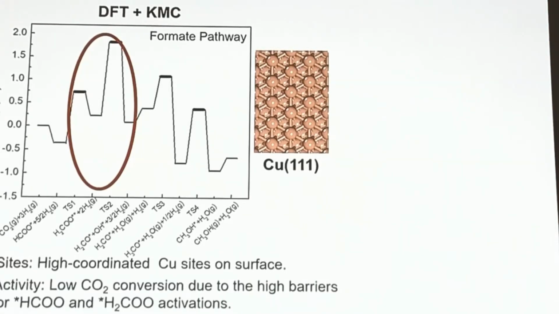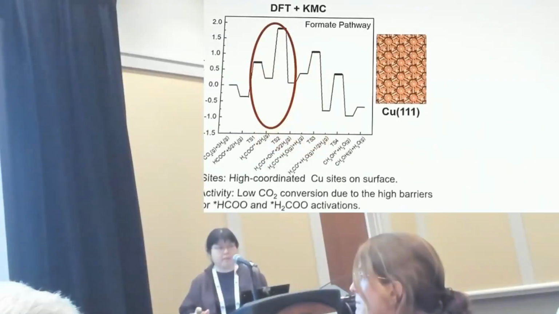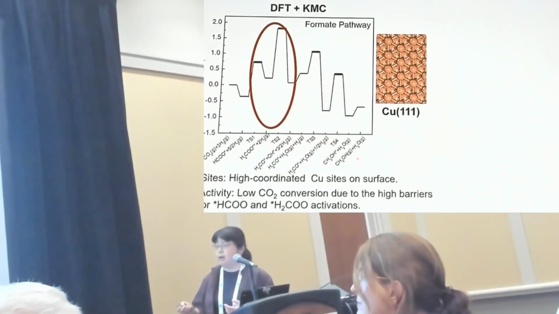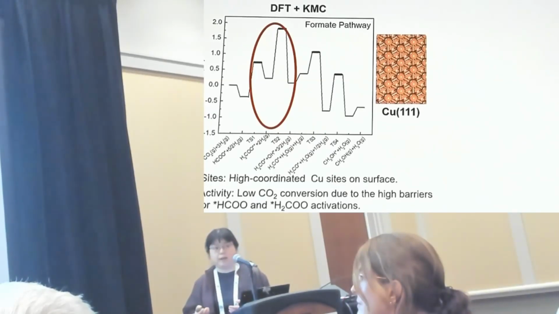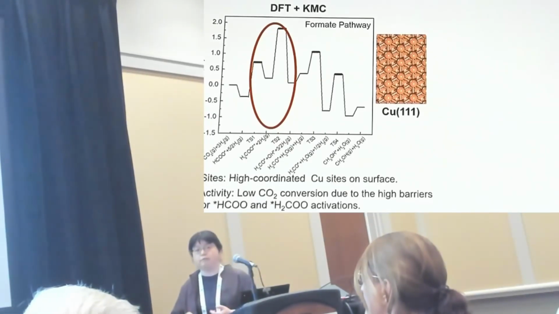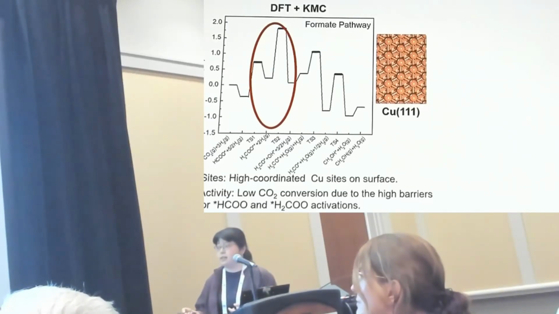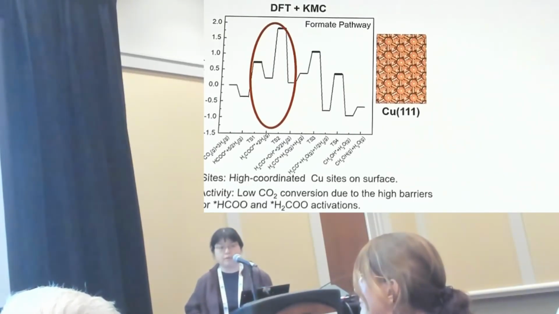And if you look at the potential energy diagram, the production rate coming from the formate pathway is pretty low due to the highly activated hydrogenation step. Another thing we find is that the reverse water gas shift is competitive. But for pure copper, in this case, the reverse water gas shift pathway is more populated than the formate pathway, and therefore it leads to CO as a major product rather than